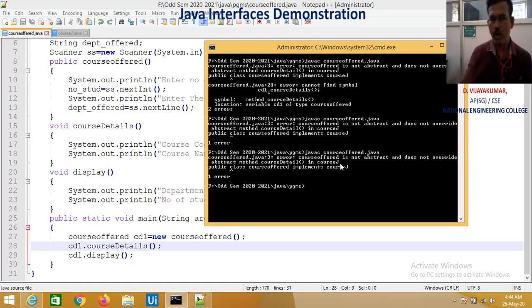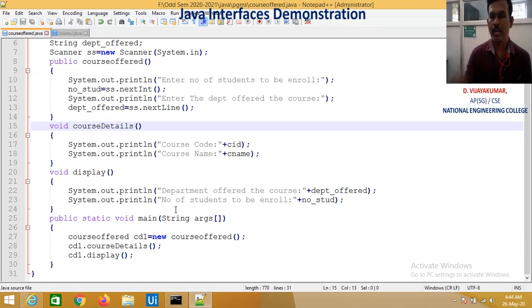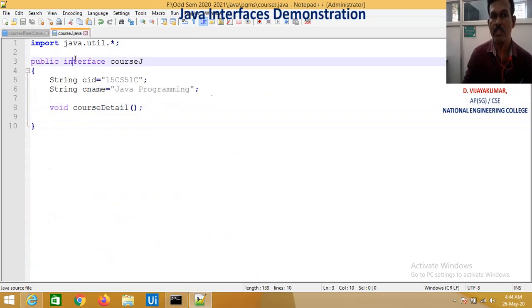We all know that we have implemented the method void courseDetail which is declared in the interface CourseJ, but during that class exploration we found that the method declaration void courseDetail is to be defined in detail as public abstract void courseDetail. So the abstract keyword is implicit, and at the same time all the members of the interface are public by default.